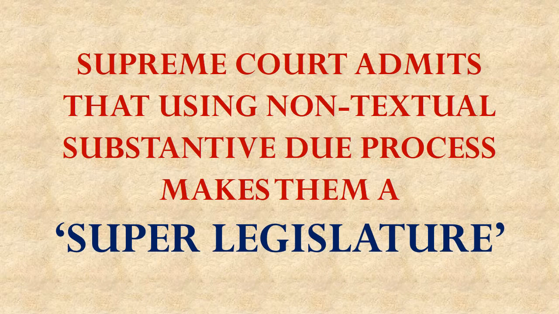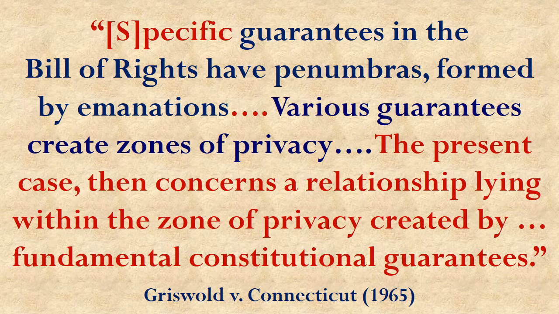So, in saying that they don't want to Lochnerize, the court admits that using non-textual substantive due process would make them a super legislature. So then they get tricky with their decision to try to make it appear that this isn't what they're doing, but they make themselves look even sillier. The court in the Griswold case says that the Bill of Rights has penumbras formed by emanations, and that somewhere in those penumbras is a zone of privacy that they've created. What on earth does that even mean? Well, believe it or not,